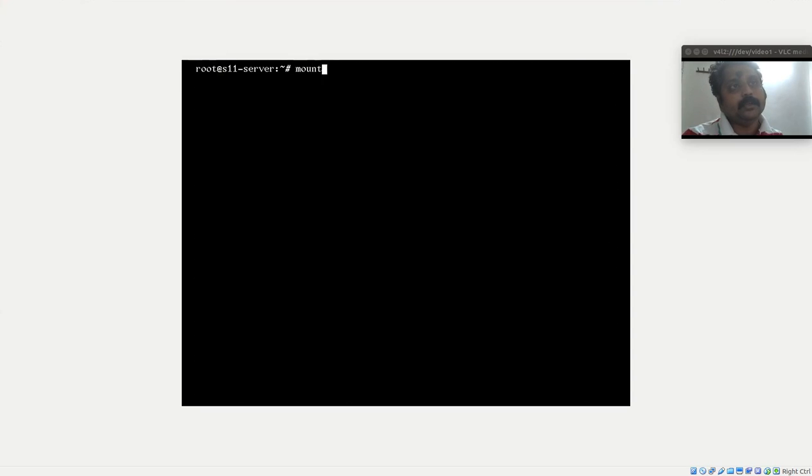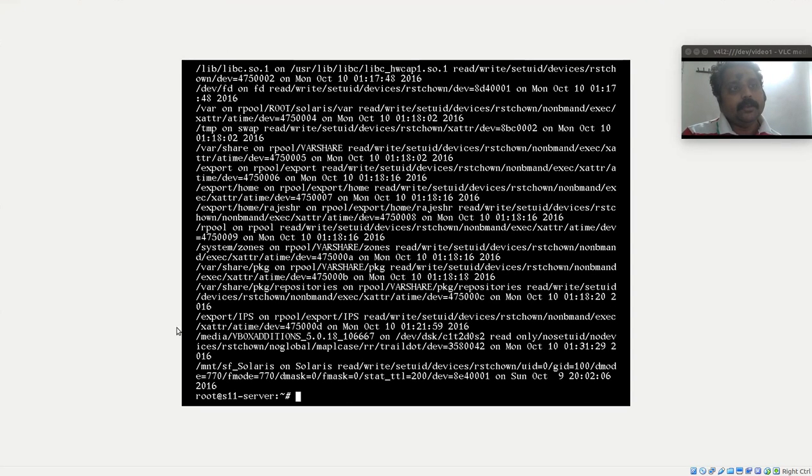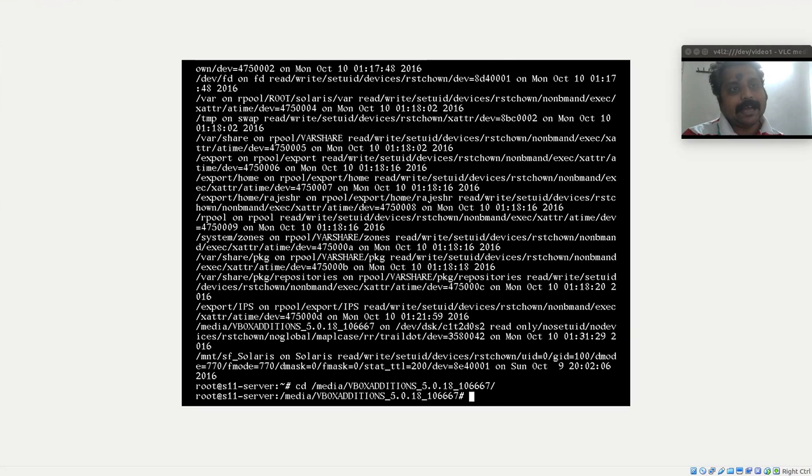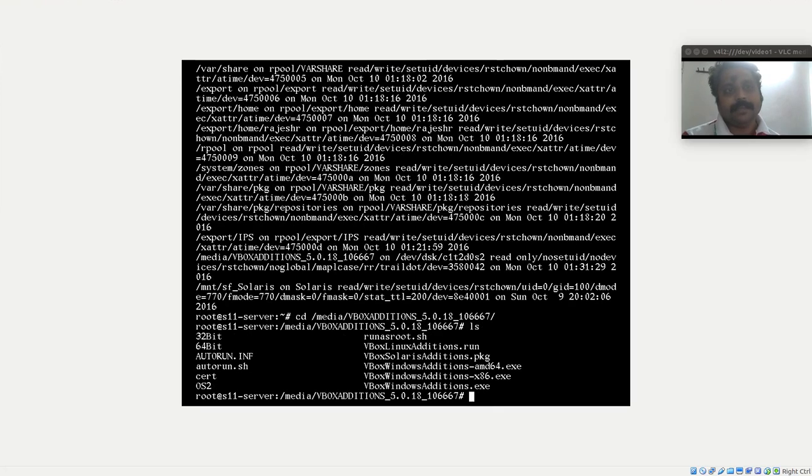So if I use a mount command, you can see the media VBox editions there mounted. I can navigate to that and I can install the package. It's the VBox Solaris editions.pkg. I can run the command pkg add -d . VBoxSolarisAdditions.pkg, and it will install the guest editions.